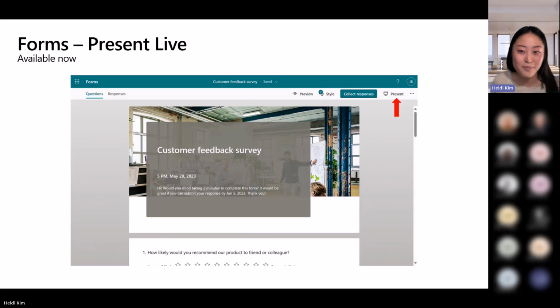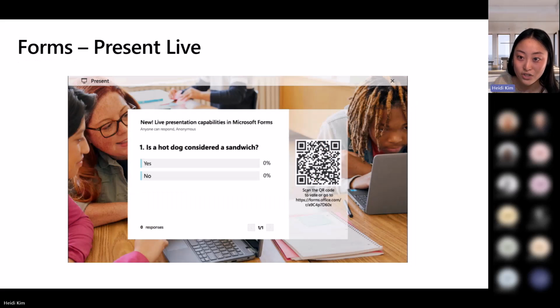Moving on to Forms. Over the past few months, Microsoft Forms has shipped a number of really awesome new features, enabling new innovative ways to present your forms and quizzes and enhancing the overall experience for your respondents. You can see here there's a Present feature that gives you a new way to let your audience interact with live surveys and see their responses in real time. They just scan a QR code here, or they can click a super short URL. And this allows for really easy accessibility. I've personally found this feature really great for group meetings.